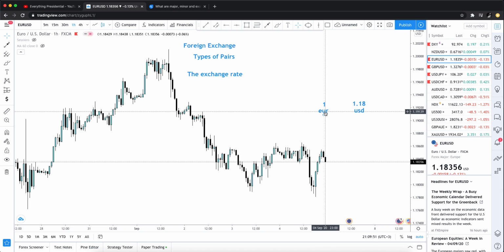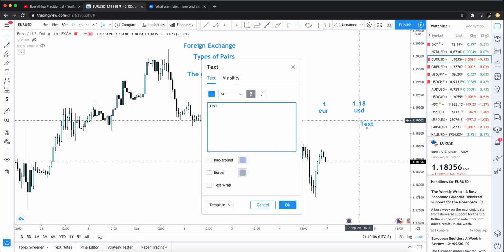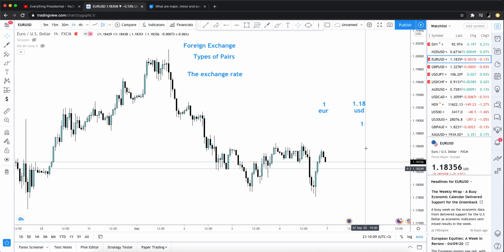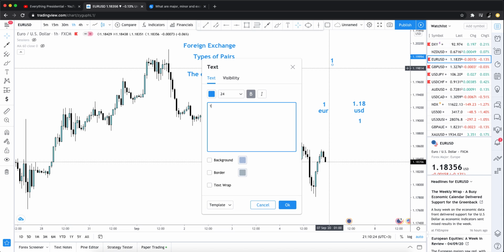What if you wanted to buy a US dollar, how many euros would you need to give to the exchange or the party in order to acquire 1 US dollar? So let's say 1 US dollar, how many euros would you need? What you're basically going to do is take this 1 of the base currency and divide it by the exchange rate. So right here, 1 divided by 1.18